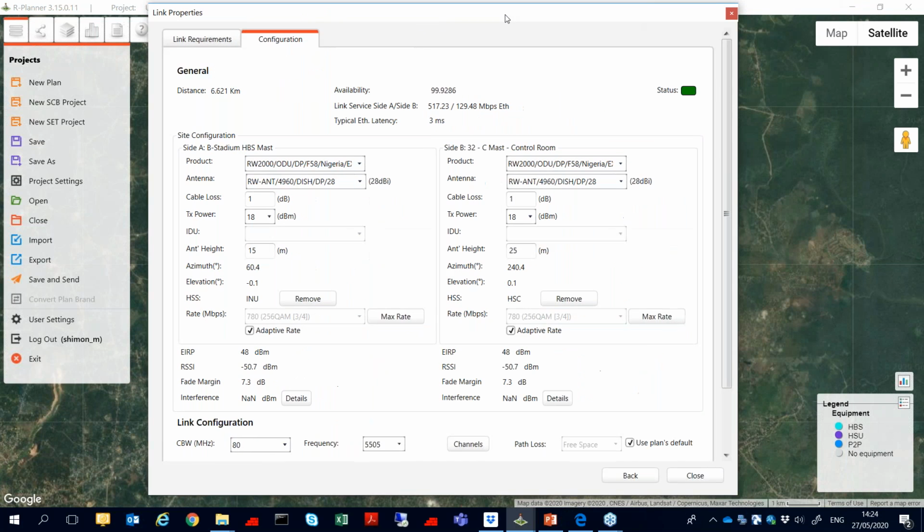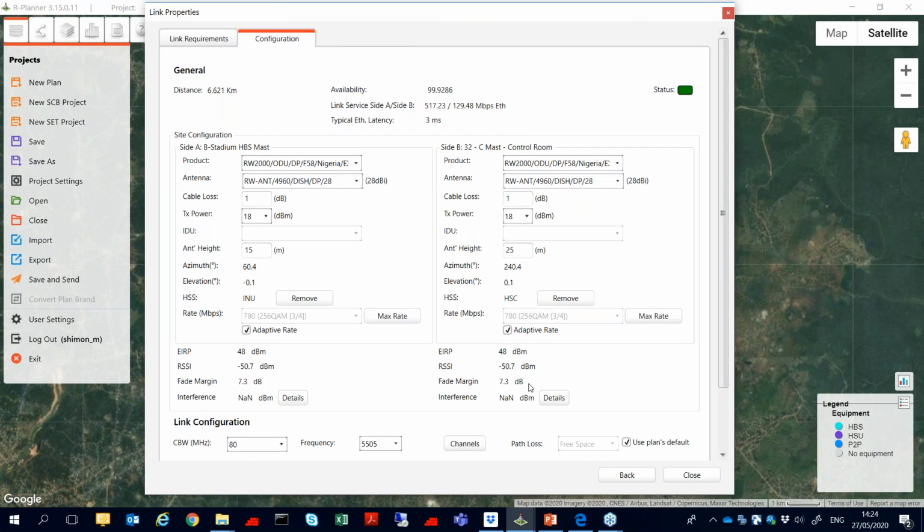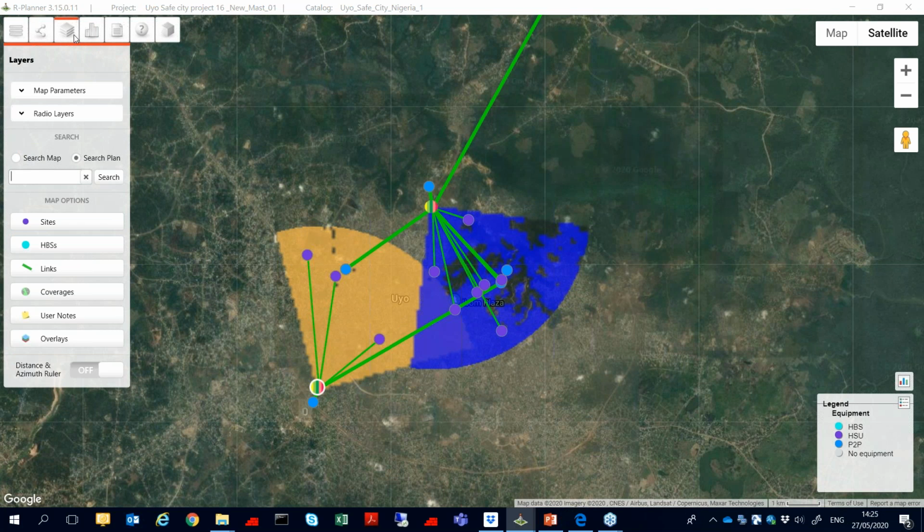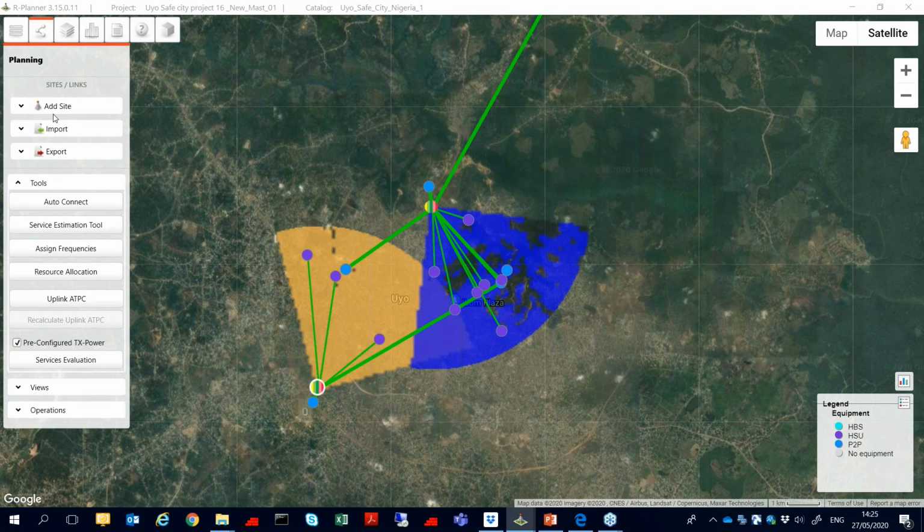And you can expect the RSS to become much better and the modulation much better, and the link is available at 99.9 and the status is green. So RADWIN has the tools to identify the synchronization and the interference source in case of lack of synchronization, and